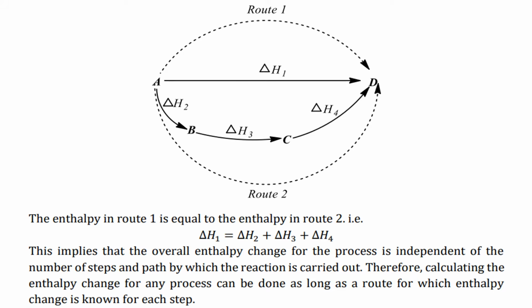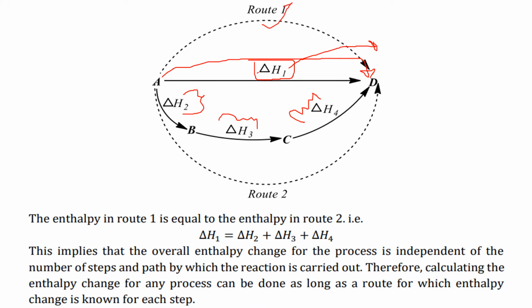To explain that further, what Hess means is that if we have our overall reaction from A to D, we call that enthalpy change delta H1. So delta H1 is the enthalpy change for the overall reaction. But when this reaction is taking place, there are a lot of enthalpy changes involved for that reaction to take place. And we are saying that by Hess's law,